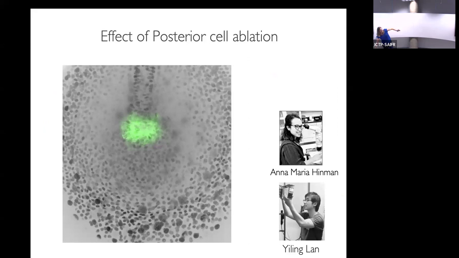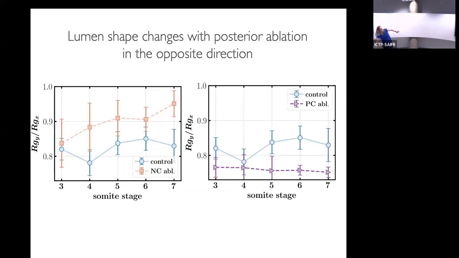And then we can ablate the bottom cells and see what happens when we get rid of the cells on the bottom moving. And then it changes the shape in the opposite way, which is exactly what you'd expect from simulations as well. In other words, if we put the forces on the top and the bottom, and then we ablate them, and we change the forces that are being applied to this organ dynamically, then we get the changes in the shape of this organ that we predict from just a mechanical model,